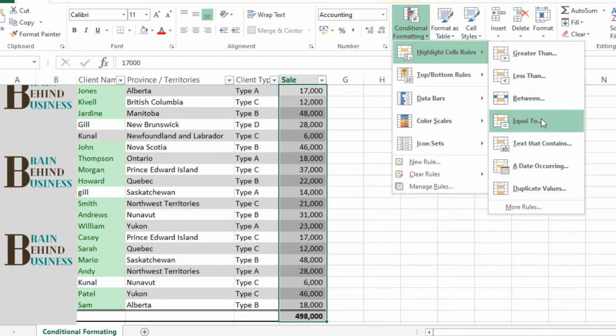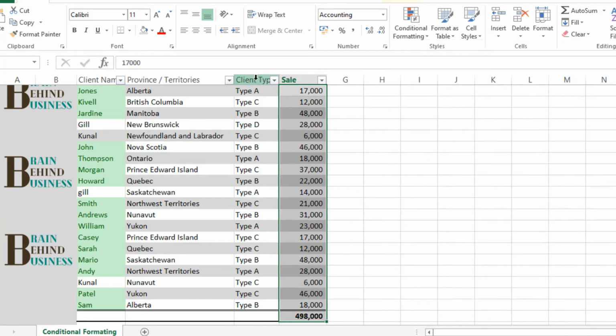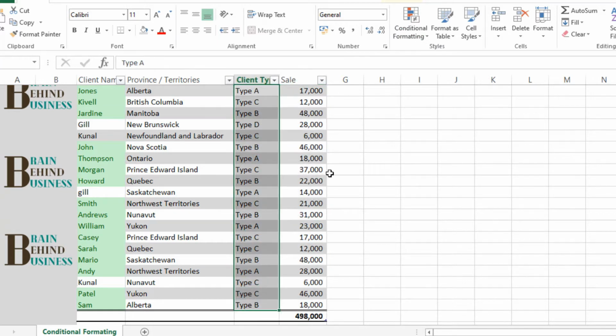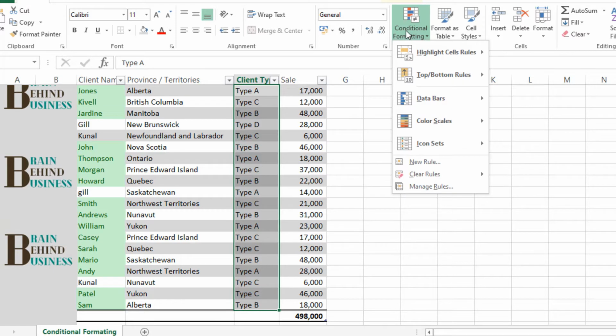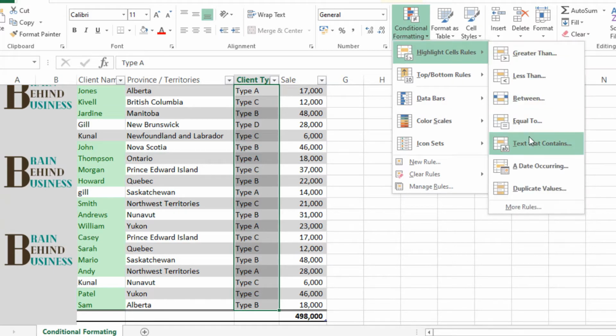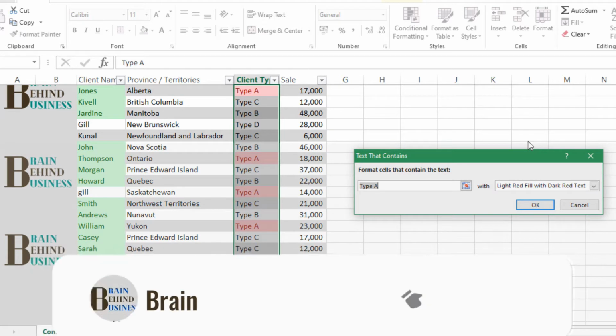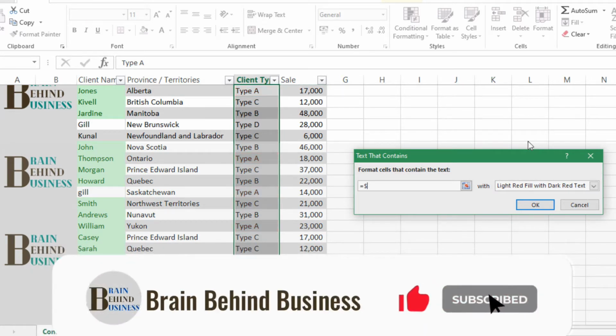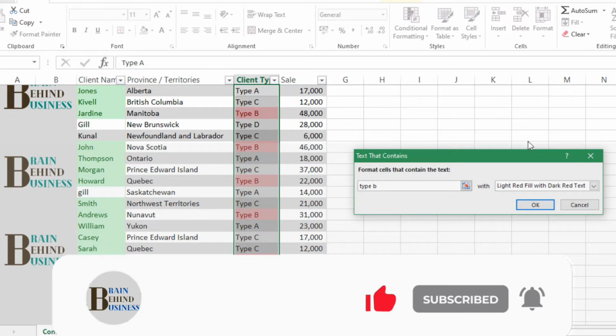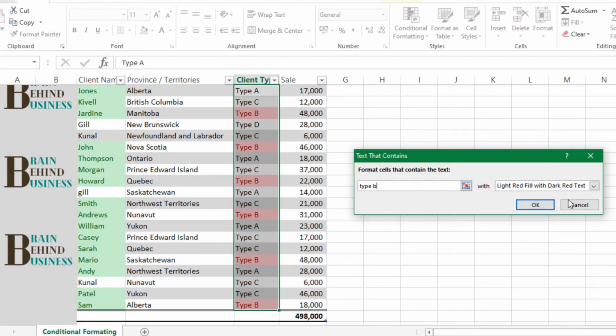And then if you want to highlight a specific value, let's say 22,000, you can use this. Text that contains a specific word: if you have a large amount of data, let's say thousands, and you are looking for something specific, you can highlight that text. Let's say we want to use this here. We will select that, and from conditional formatting we will go to highlight and then text that contains. Let's say we want to see type B only, so we will write type B, and it is highlighted, and then cancel.